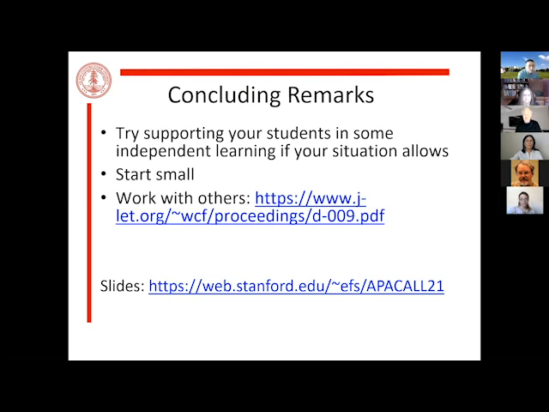This is a link to a report on a study I did with a group of community college English teachers, in some cases working with fairly low-level students, and how they were able to become good at learner training with their students, and in the process actually transform some of their own teaching practices. So I believe that's it.